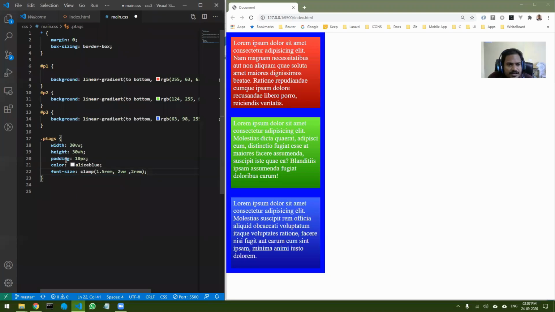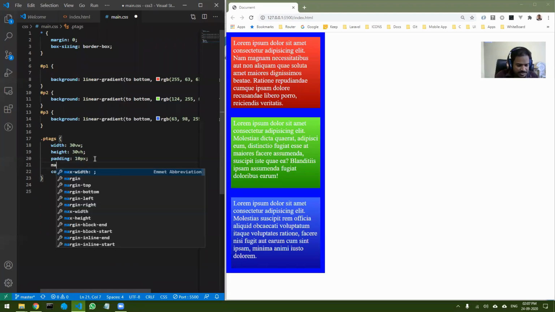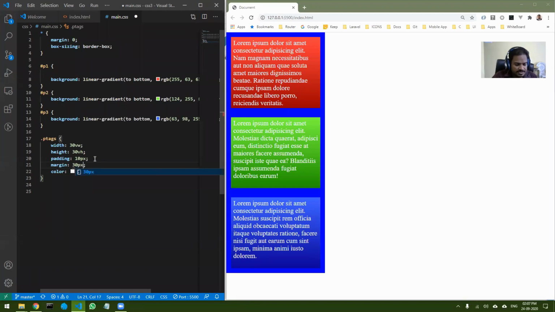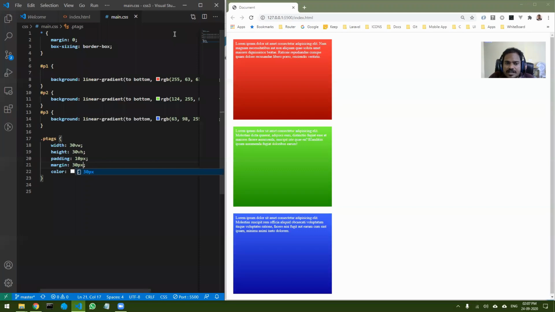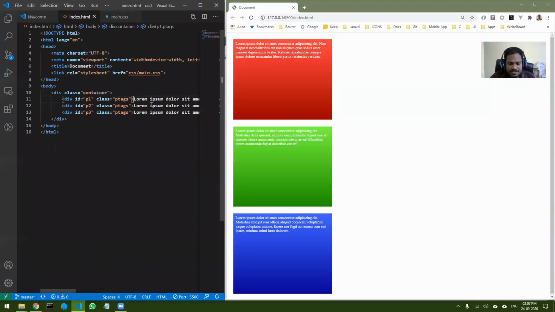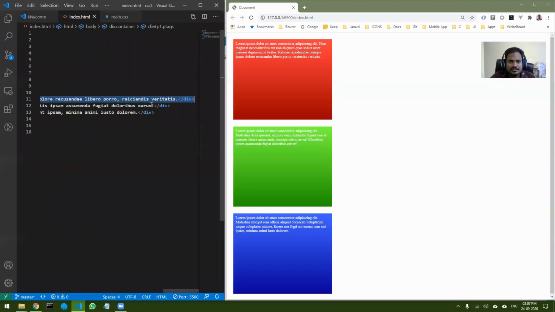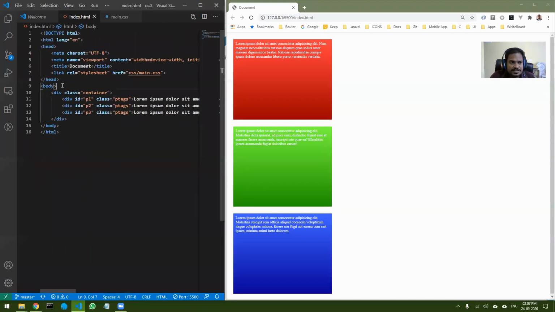Let me clear the font size and padding. So let me add a little bit of margin from all the sides, let's say 30 pixels. So this is currently my window. Now what I'm trying to do is create a button. So let's style a button. Let's create a button first.